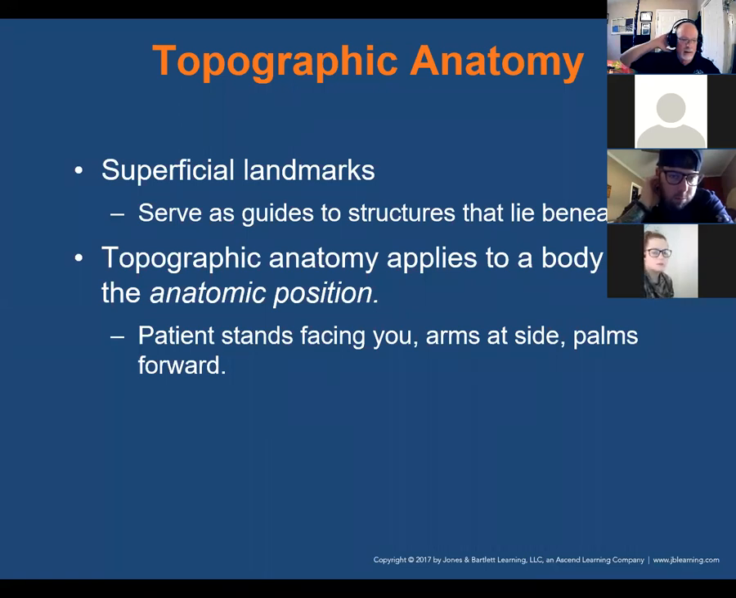Battle's sign is bruising around the mastoid process, and raccoon's eyes is bruising around the zygomatic arches, that lower part of your orbit, also called ecchymosis. That is another indication of a basilar skull fracture. So that